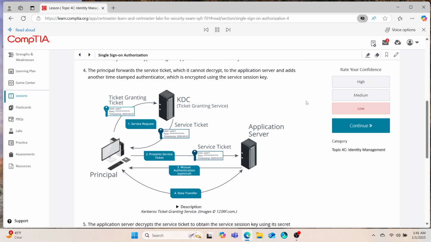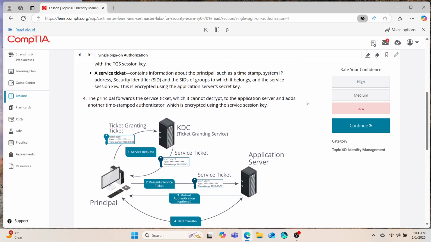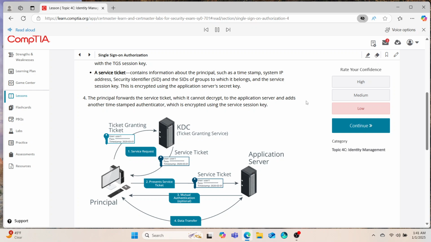1. Principal sends service request, ticket granting ticket with user, pass, and timestamp to KDC, ticket granting service. KDC sends service ticket, user, pass, and timestamp to principal. 2. Principal presents service ticket, user, pass, and timestamp to application server. 3. Application server sends mutual authentication, optional, to principal. 4. Data transfer occurs between principal and application server. Kerberos ticket granting service. Images copyright